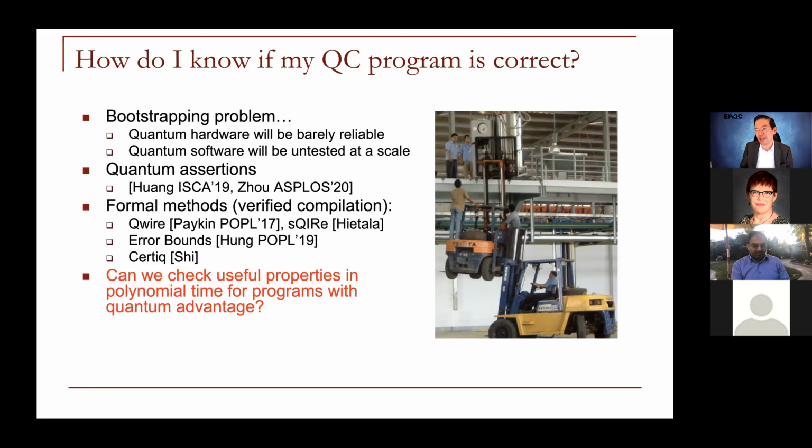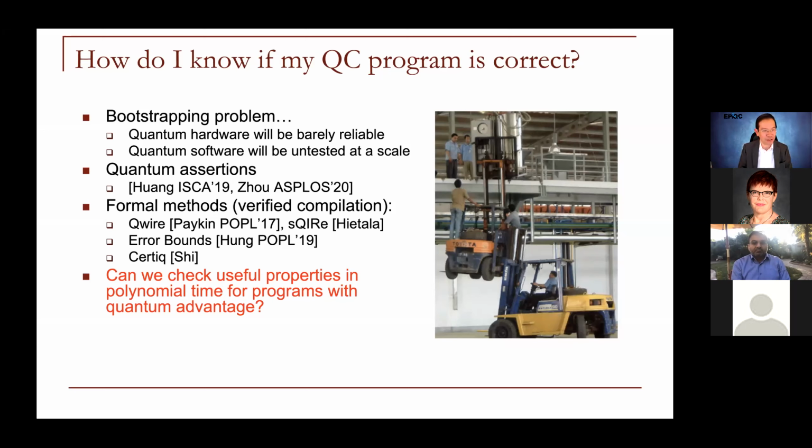The fundamental nature of this is, if we require something that's reducible to the answer of that program to check it, and we can do that in polynomial time, we've basically proven that it has no quantum advantage, right? And so the fundamental thing is, if there is quantum advantage, is there some property we can check that it's not too close to the answer that tells us something about whether the program is correct, right? And so I think this is a really exciting area.